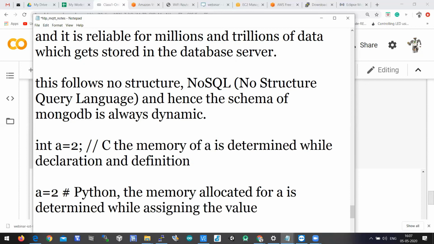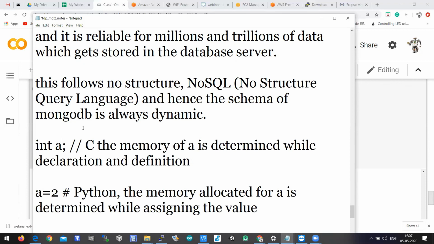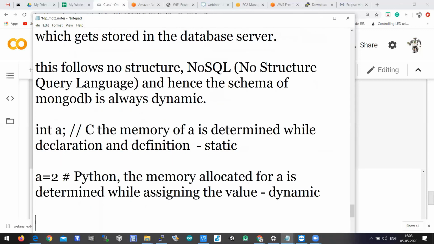Only then will memory be allocated for a in Python. But in C, though you don't assign a value, the memory will be allocated. This is called static. Though the value is not stored, the memory will be allocated. But in Python, when the value is getting stored in that variable, only then will memory be allocated. So this is called dynamic.